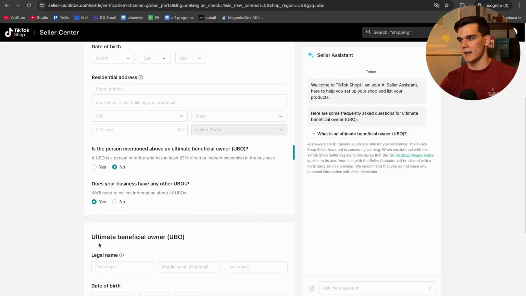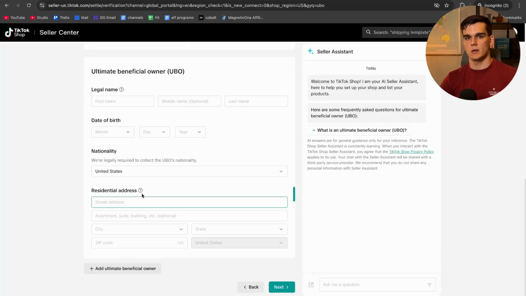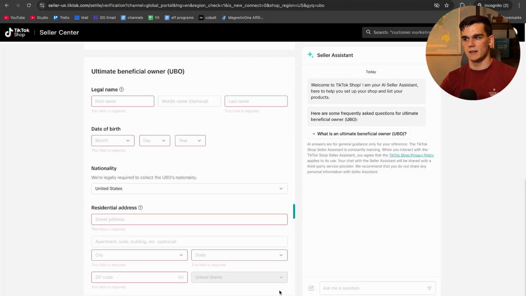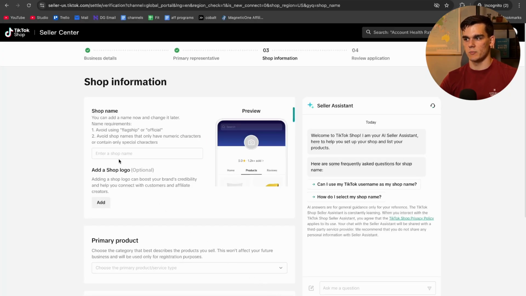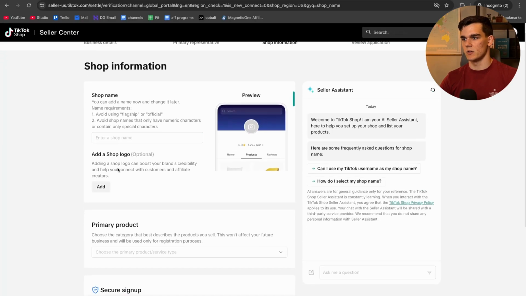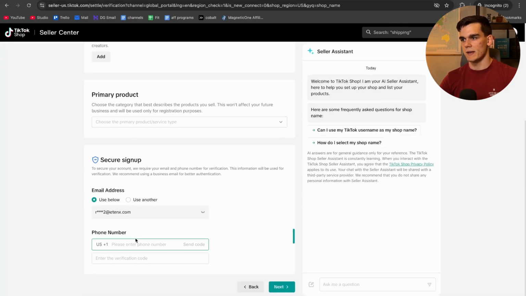You select yes, and then this is where you want to fill in your own information. So you fill in your own name, then your own country and your own residential address, and then click next. Then you want to fill in the name of your shop. This can simply be the name of your LLC or whatever name you have, and add your logo. And then all the way at the bottom, we need to verify our phone number, and this has to be